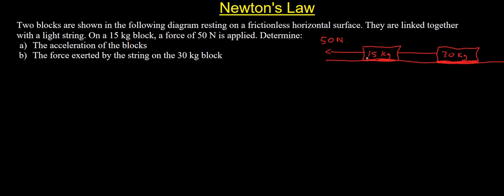Here we have our diagram. The first block is 15 kg, the second block is 30 kg, and 50 Newton is applied on the 15 kg block. Then they said, determine the acceleration of the blocks. So for us to be able to determine the solution for number one, we need to take the whole system as one thing. For us to determine the acceleration, we take this as one thing,